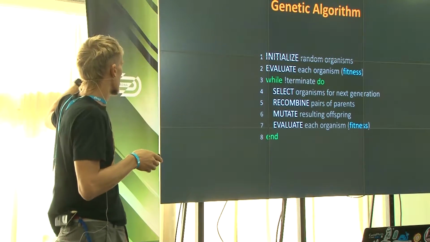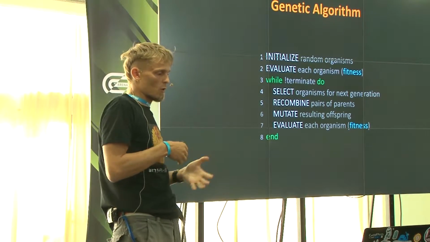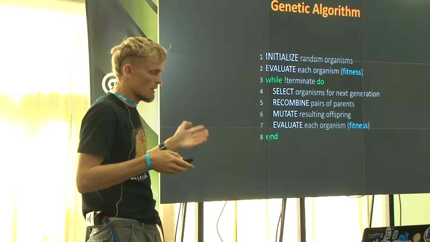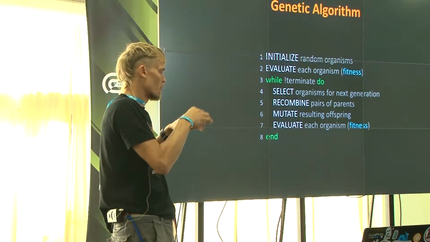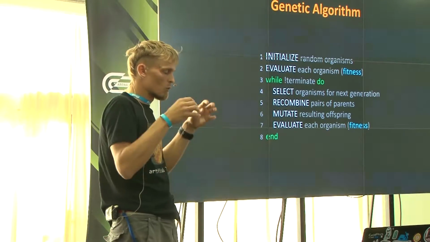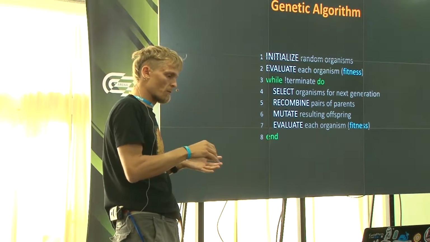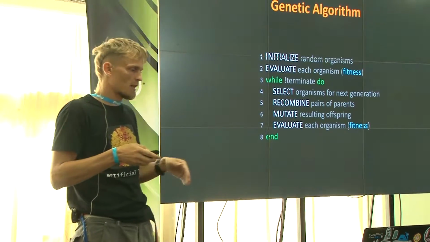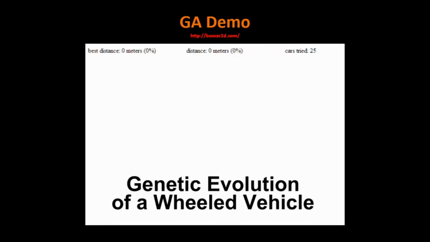After that, we go to the loop, and the loop has a custom end condition. For example, we may reach the time limit, or reach the resources limit, or find the solution. In any case, inside the loop, we just take 2 parents, or maybe more, mix the genetic material, mutate them somehow, produce the children, put these children into the new population, and just kill the less adaptive organisms. So this is it. This is very simple. And this is a simple video regarding how the genetic algorithm works.